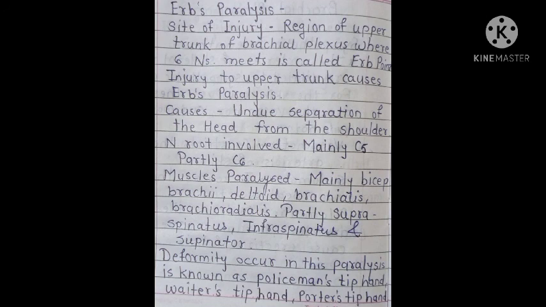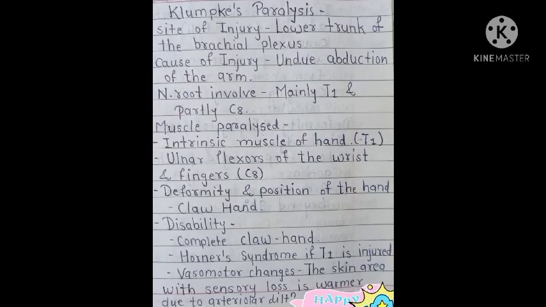The deformity that occurs in this paralysis is known as the policeman's tip hand, a waiter's tip hand, and a porter's tip hand. Then the next clinical condition is the Klumpke's paralysis. Here the site of injury is the lower trunk of the brachial plexus. The cause of the injury is undue abduction of the arm, and the nerve root involved here is mainly T1